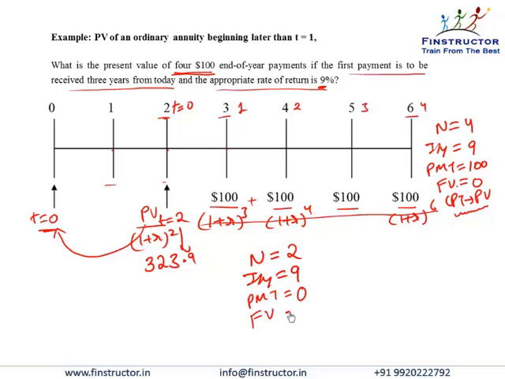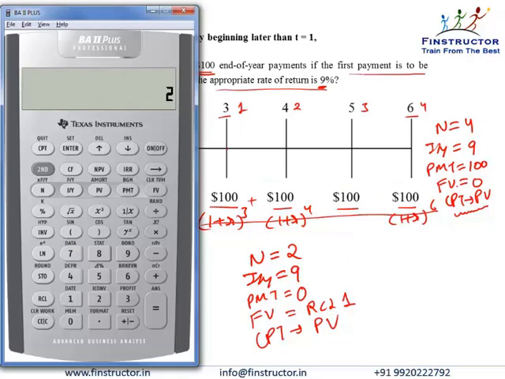The future value will now be the value that I saved earlier. So I'll just recall 1 and enter FV because this value has already been stored with me with the calculator. And compute PV. So let's do it. Press the button 2 and press N. Press 9 and press I/Y. Press 0 and press PMT. First recall 1. You'll get back your stored value of 323.97. And then press FV. Compute PV to get to the final answer, that is